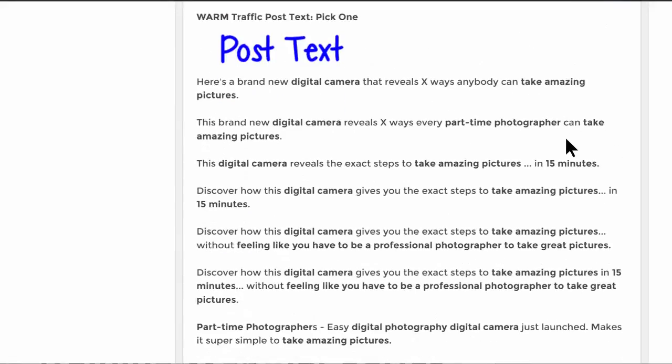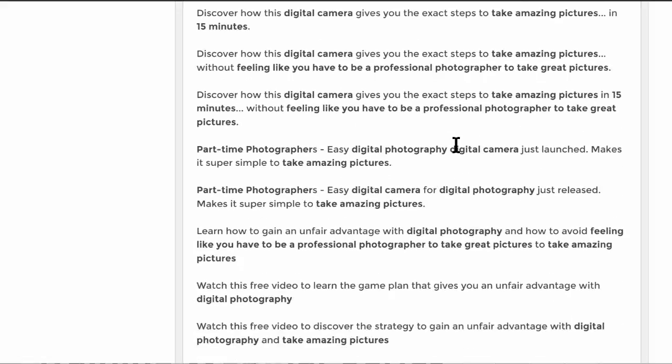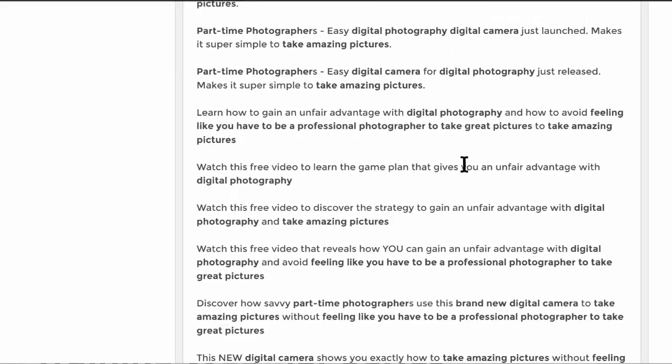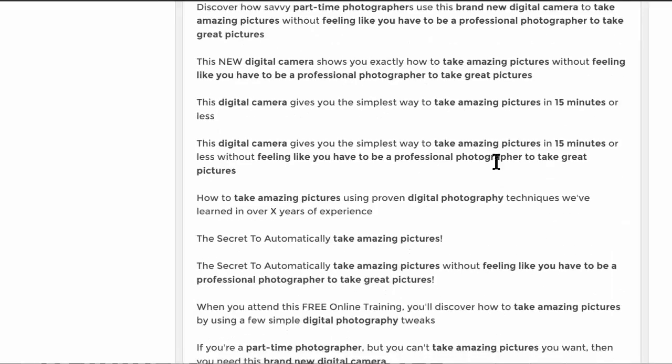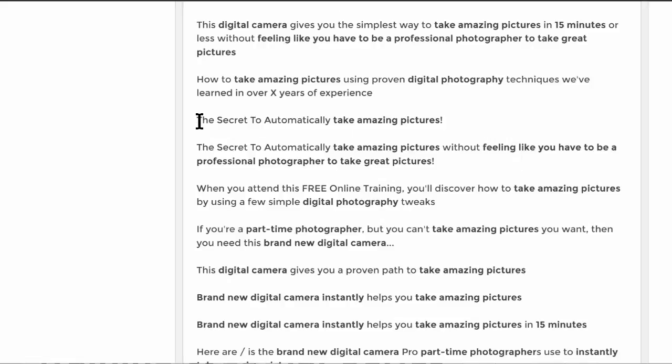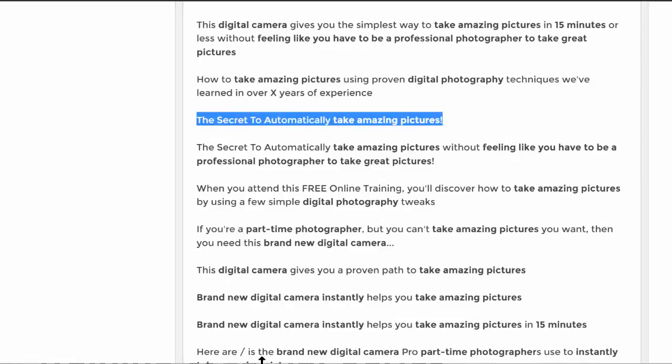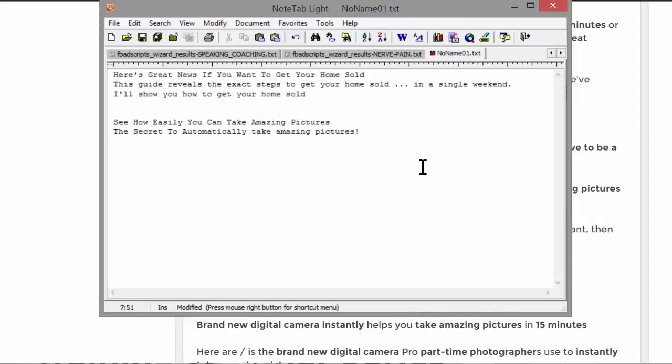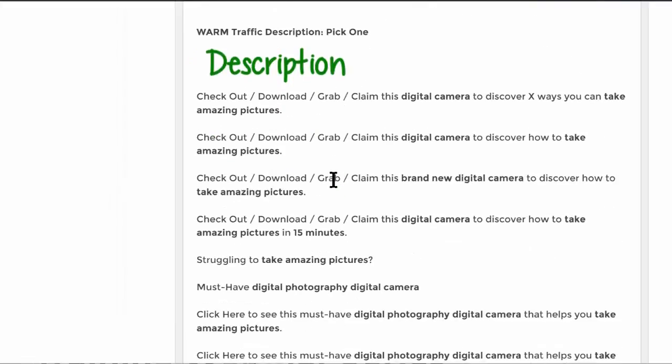So now we need some post text. So let's see. Discover a digital camera, gives you the exact, gives you the secret. Watch this free video. Here we go. The secret to automatically take amazing pictures. I like that. And I would probably change that to, here's the secret. All right, and the last thing we need is a